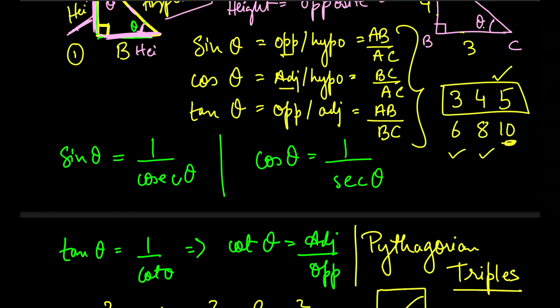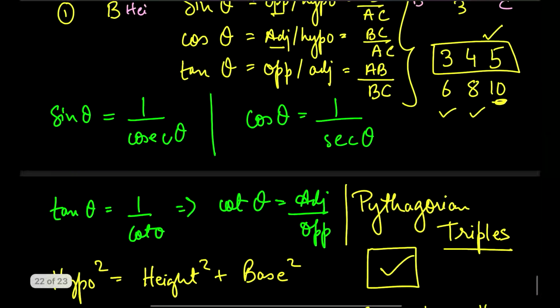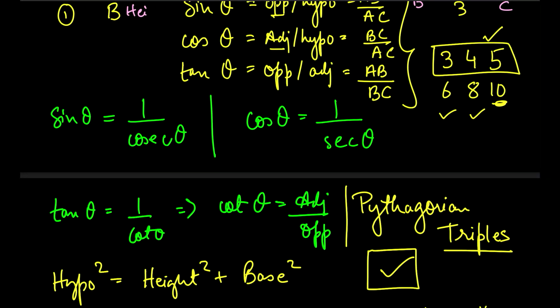Now one thing I primarily want to bring into picture is the Pythagorean triples. You must know the Pythagoras theorem, which says that the hypotenuse square is equal to the sum of the height square and the base square. This formula need not be used every time you do calculations, because if you remember a couple of triples which are very commonly used, like 3, 4, 5 and many more like that,